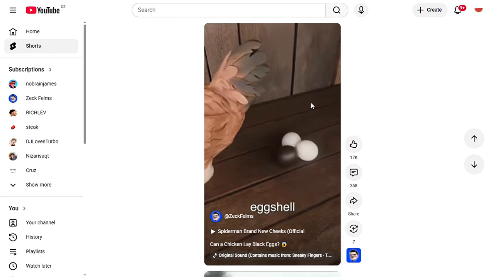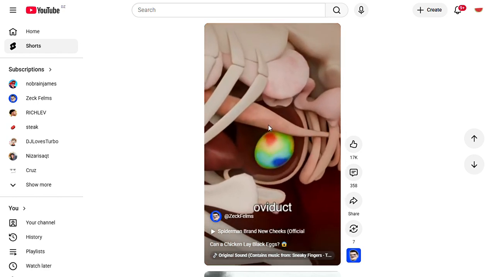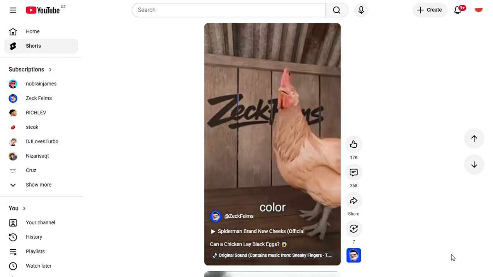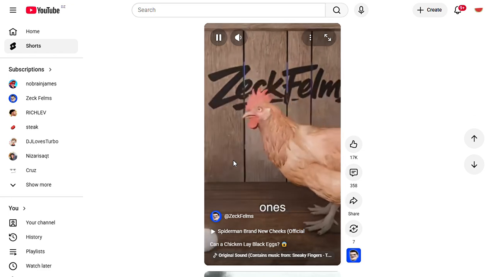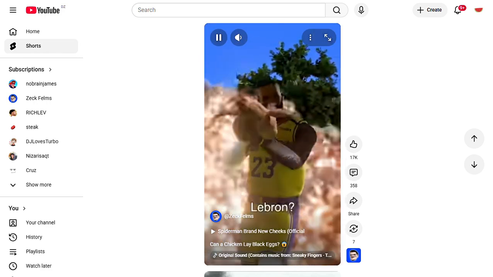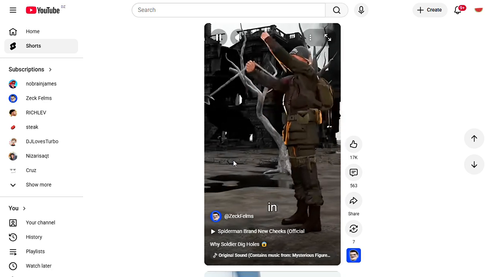You see, eggshell color is genetically predetermined and is formed in the oviduct just hours before the egg is laid. Generally, the color depends on the color of the chicken's feathers. Darker chickens lay brown eggs, and lighter ones lay white eggs. However, if the chicken eats... U.S. soldiers would intentionally make small holes in the ground to listen.